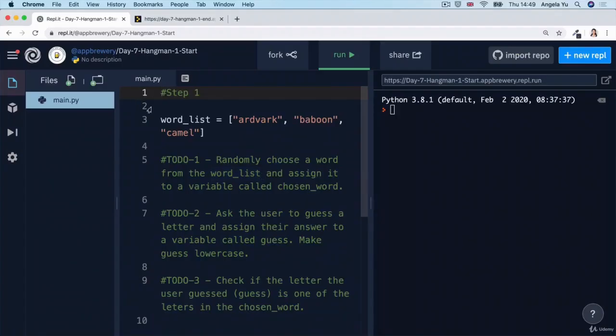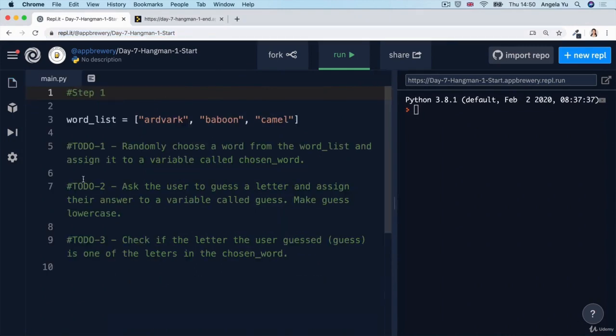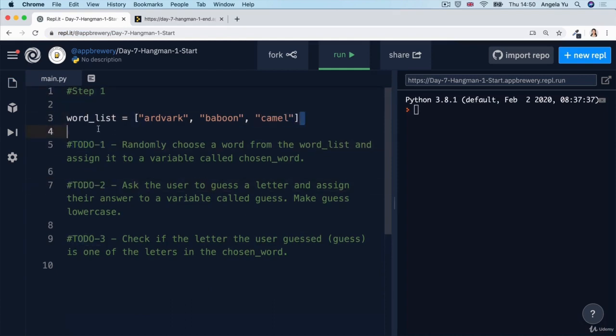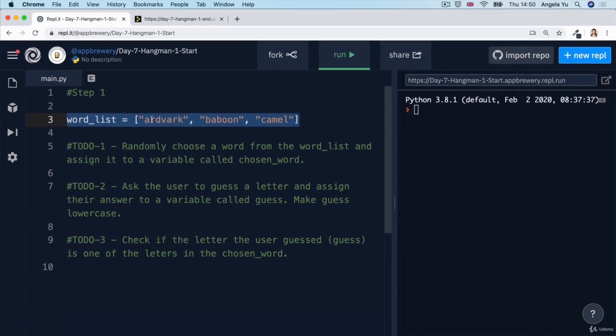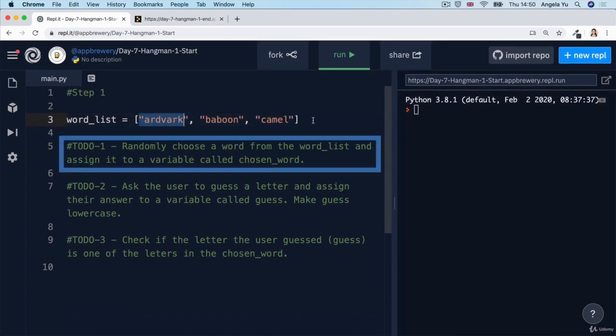Alright guys, so to get started, head over to the starting Replit file, which you'll be able to find in the course resources. And you should see a pretty much empty file, as well as 3 to-dos for you to complete. All I've got here is a list of 3 words, aardvark, baboon and camel,